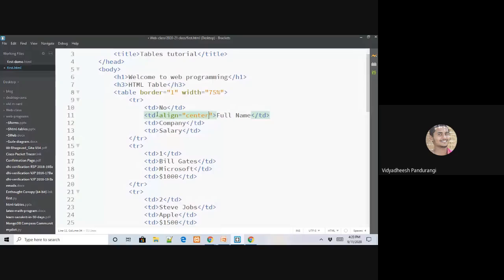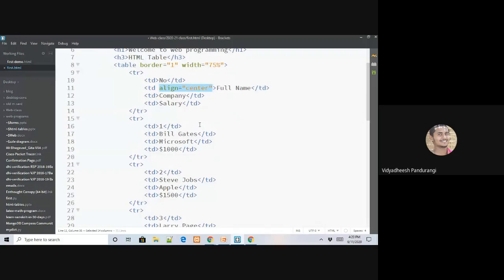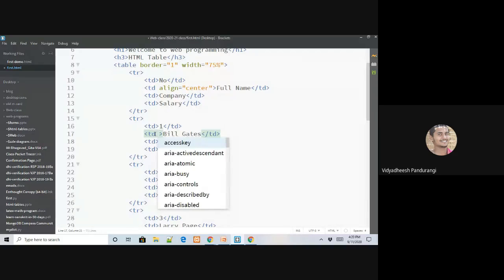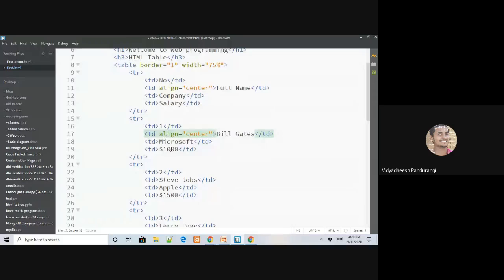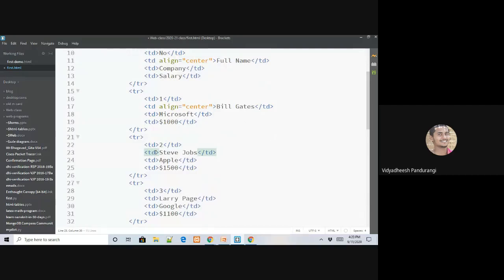Just say align center. Align is the attribute name and center is the value. I want this to be applied to all the cells of the second column. So I should be able to do this for all the second cells of every row. I hope you are understanding what I'm trying to do here.